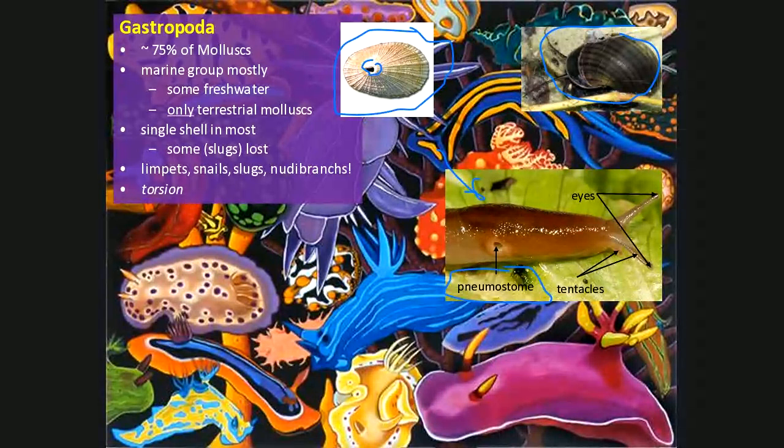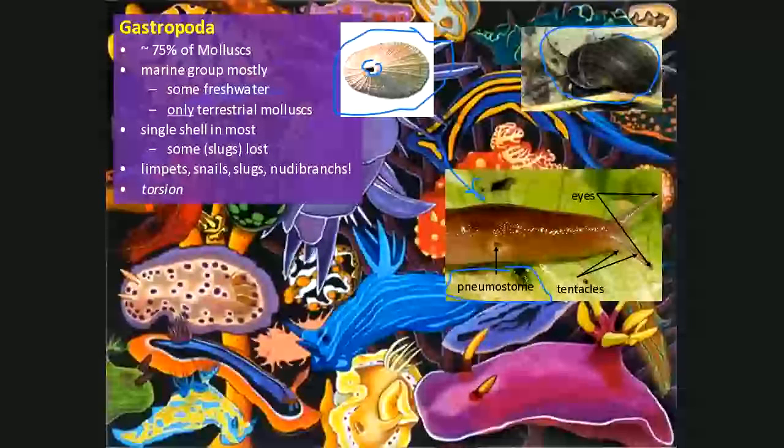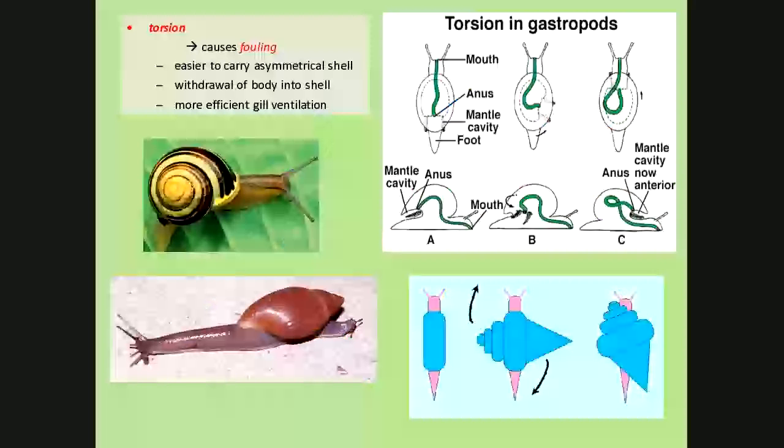Now, and nudibranchs in the background, the colorful ones are the nudibranchs, but we'll talk about nudibranchs in a couple slides too. Nudibranch literally means naked gills, so these are, again, slugs, but they're slugs that live in the ocean, and the colors in the background that you see of the nudibranchs aren't fake. They are very cool, colorful critters. But first of all, let's talk about torsion. Okay, what do we mean by torsion?